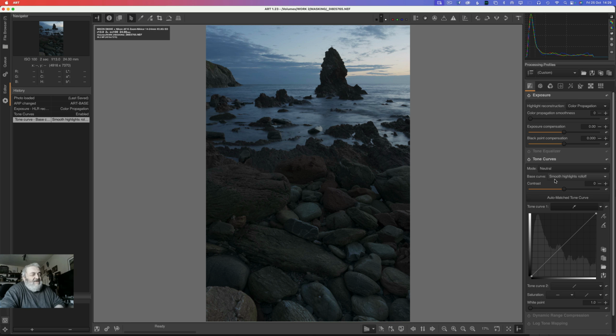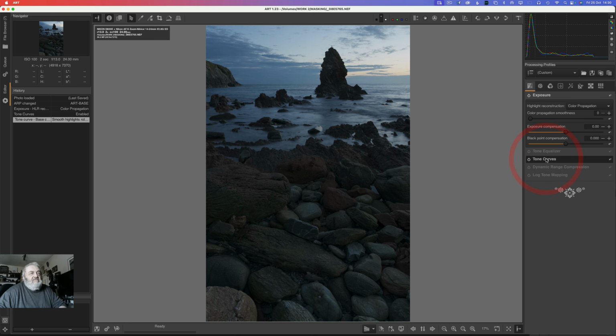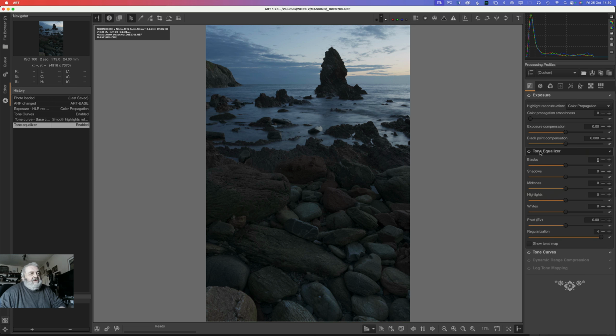God, that is so reminiscent of just activating the Filmic RGB module in Darktable. It's spooky. Right, so I'm going to minimize tone curves now because I don't want to do anything with the tone curve. I'm going to activate the tone equalizer, and all I'm going to do initially is